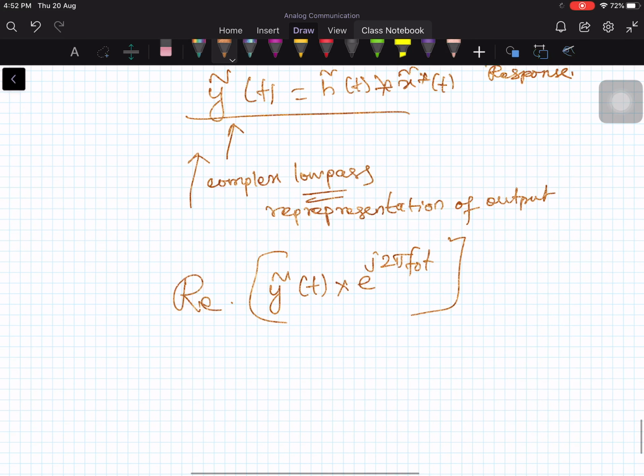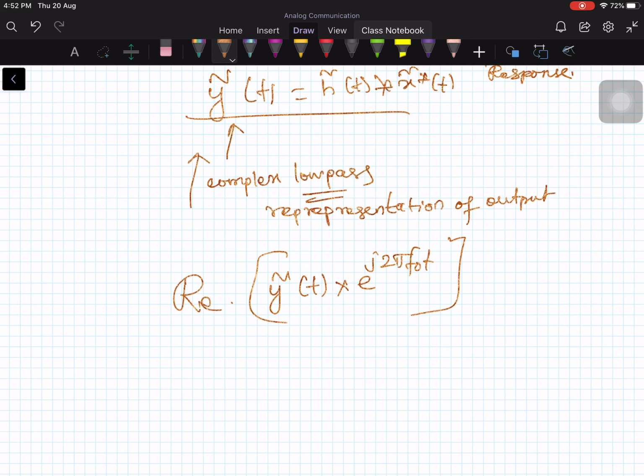So totally I can avoid working with the band pass signals, even though my basic interest is working with band pass signals. One has to work with band pass signals and a band pass system in a communication system. But if you work on a band pass system with a band pass signal, then it involves a lengthy calculation and many integrals, very complex integrals. So to avoid that, you work with the low pass version of the band pass signal and the low pass version of the band pass system's impulse response.